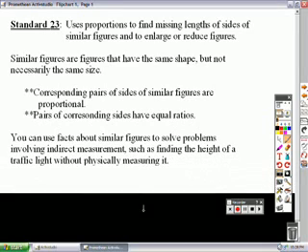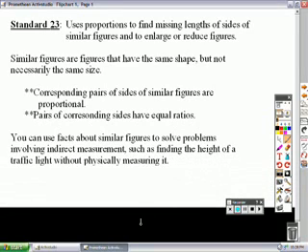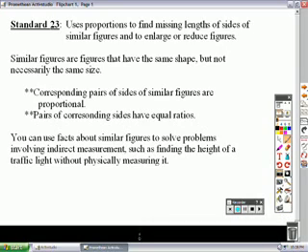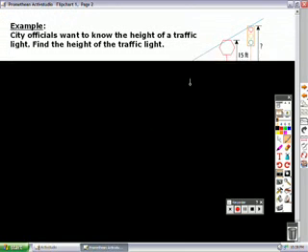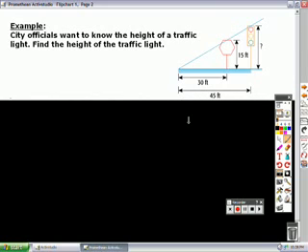You can use facts about similar figures to solve problems involving indirect measurement, such as finding the height of a traffic light without physically measuring it. For example, city officials want to know the height of a traffic light. In order to do this, we must find the height of the traffic light. We will label the height of that traffic light as X because it is the unknown